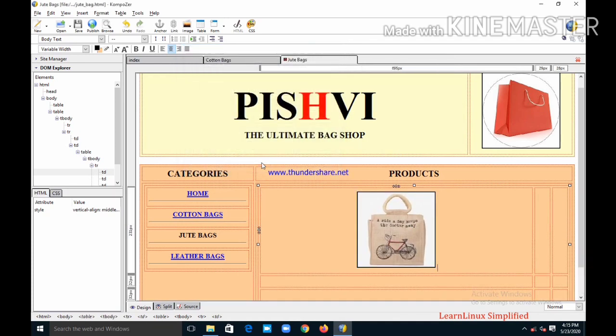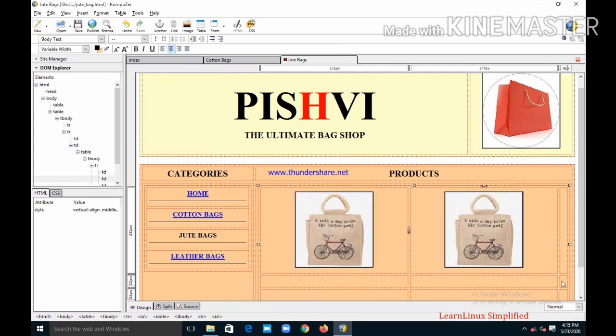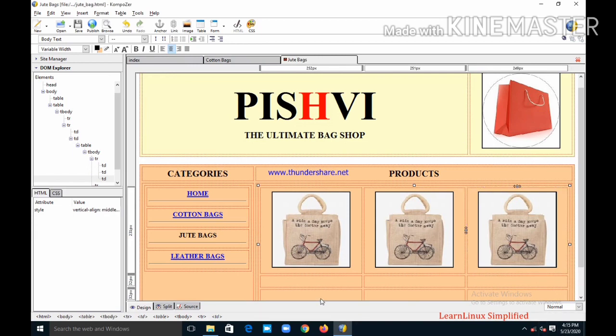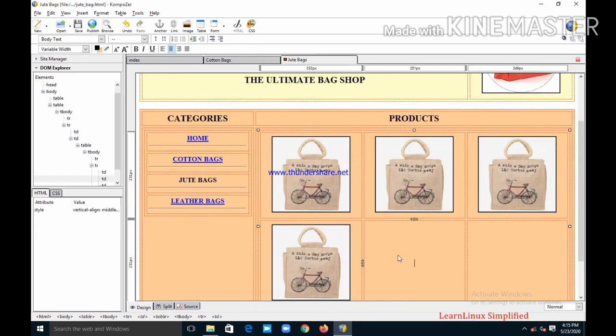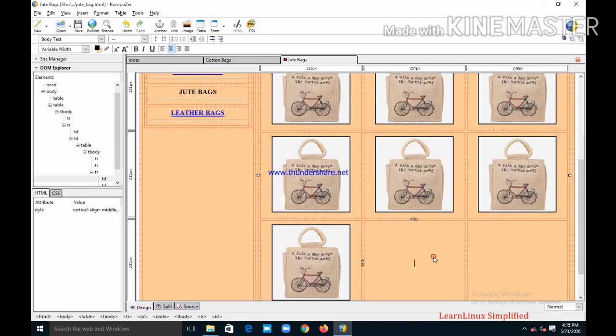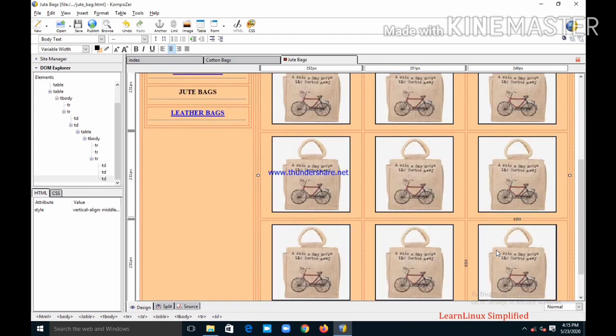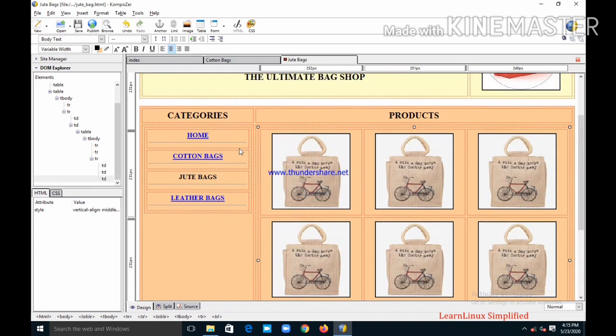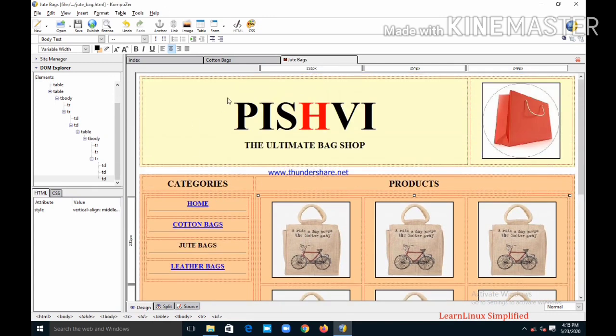Here also Control V, Control V, Control V. Okay, so 1, 2, 3 changes, and the 4th is the page background color.